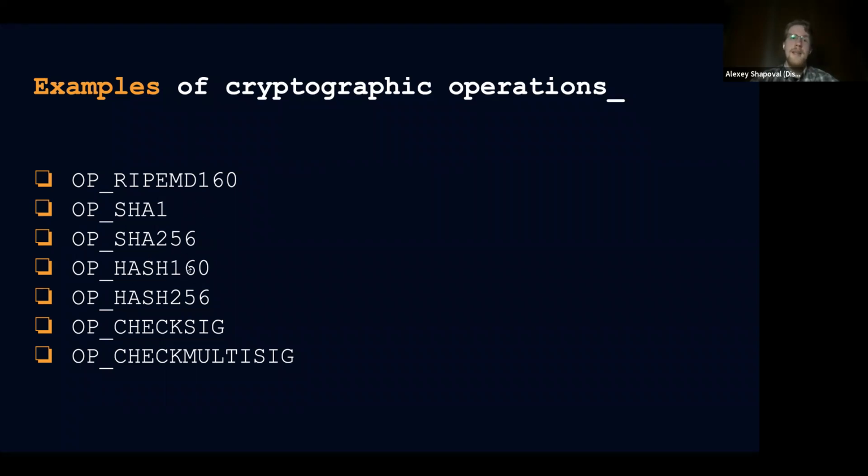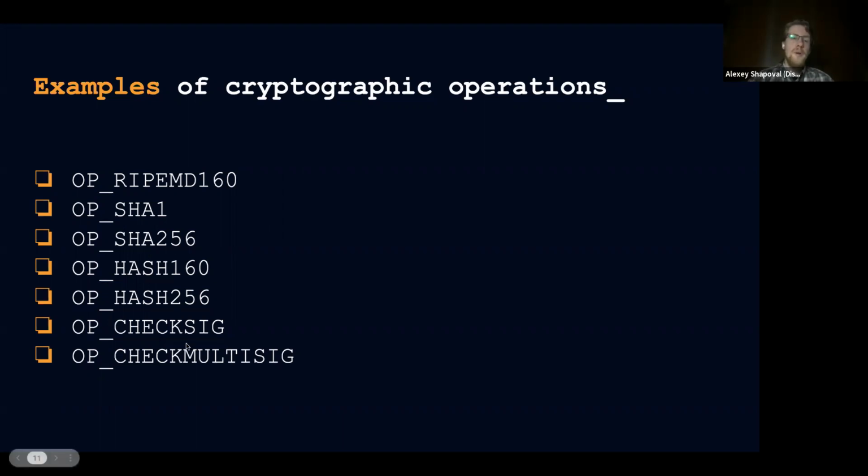HASH160 is more interesting because it combines SHA-256 and RIPEMD160. So what is going on is that it first hashes the value with SHA-256, and then it hashes the hash with RIPEMD160. And the reason why it exists is because this is the way Bitcoin addresses are generated. They are generated by double hashing, first with SHA, then with RIPEMD. HASH256 is the same, but with